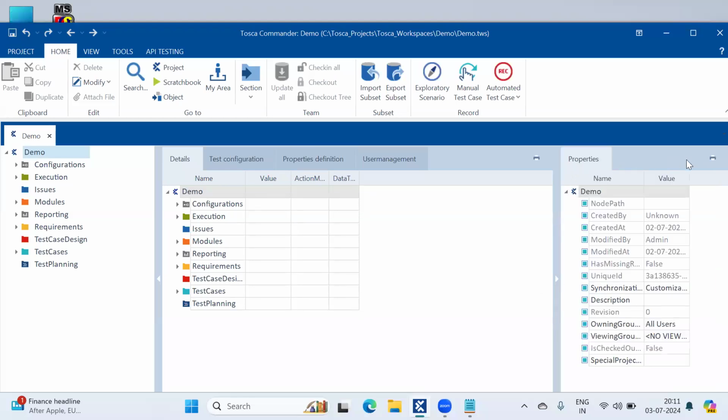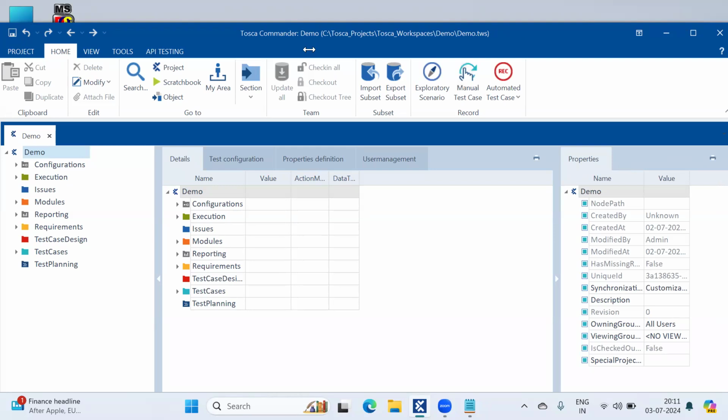This is the properties section. The left side panel is called the tree view. And this is the properties section.